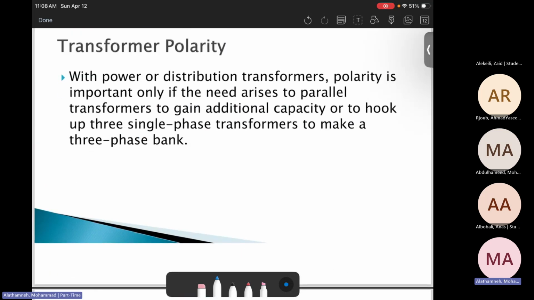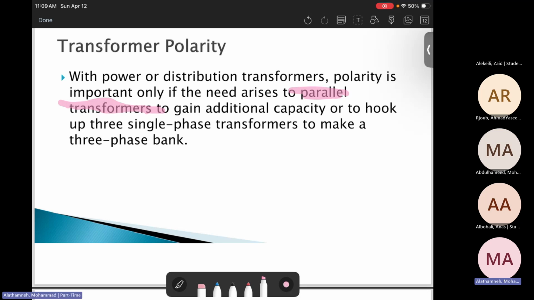Transformer polarity. The transformer polarity is very important, especially in paralleling transformers. If, for example, one of them has positive polarity and the other negative polarity, then when you parallel them, the circuit will understand it as a fault, a line-to-line fault, not as transformers in parallel operation. So we need to make sure